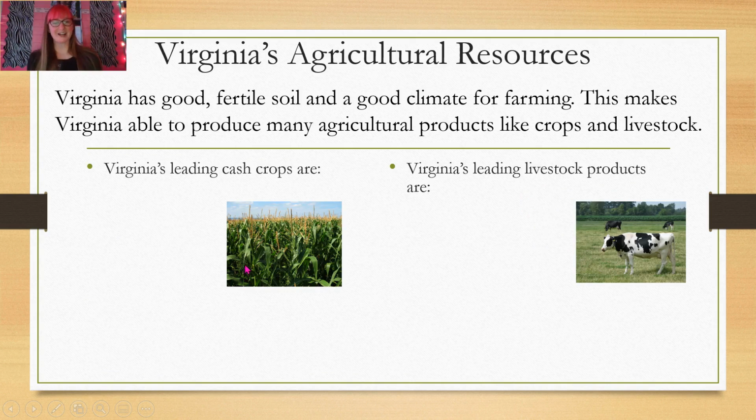In Virginia, we have a lot of agricultural resources because of the good fertile soil and the climate that we have that is really conducive to farming. This makes Virginia able to produce a lot of agricultural products, which mean products that come from the land, such as crops and livestock. Virginia's leading cash crops, because we still have cash crops today, are soybeans, corn, tobacco, tomatoes,